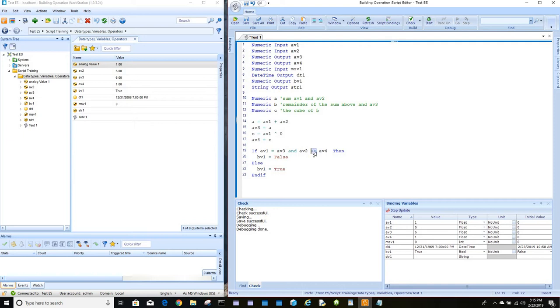There's also a not operator that we'll go over. But this is not the same as not. This is not equal to. So this is saying AV2 is not equal to AV4. We're comparing. However, the not takes a value and it transforms that value into its opposite. So, okay, let's recap here. What did we just look at? I believe we looked at an if